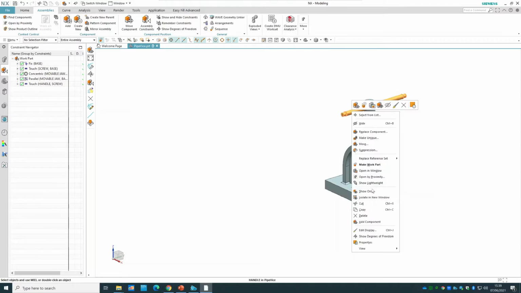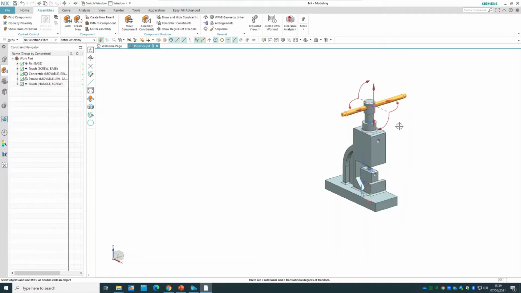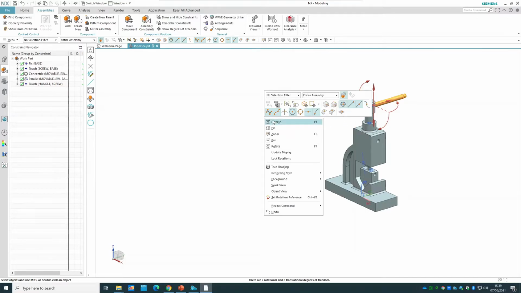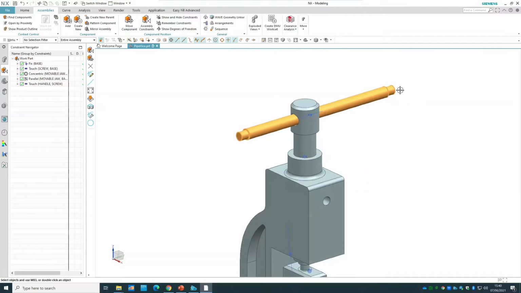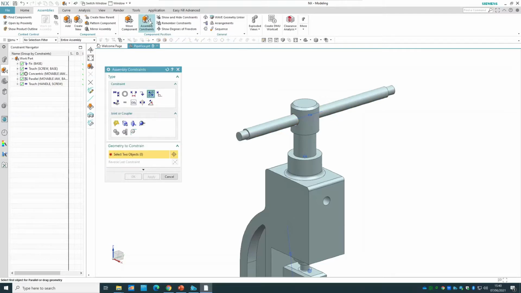If I go there, right click and check the degrees of freedom, you can see it goes up and down, also goes to the left and to the right, but also has this kind of rotation, which is absolutely fine because these items should rotate as well. What I just need to do is put it into the center because this is not in the center. So I can go to assembly constraint and use, let's say, center,